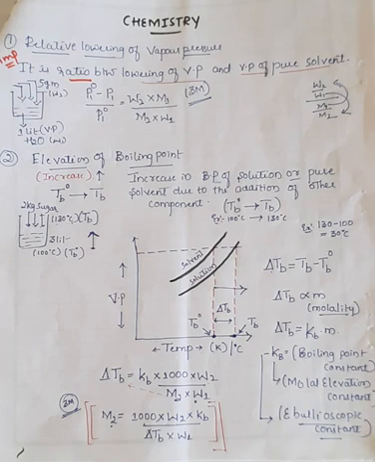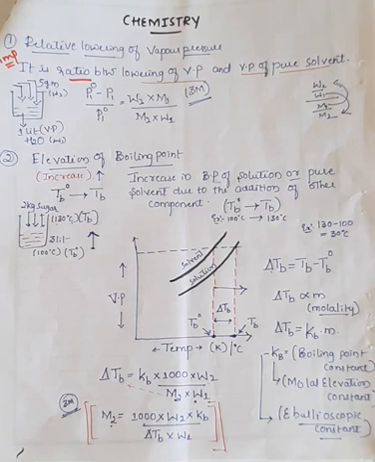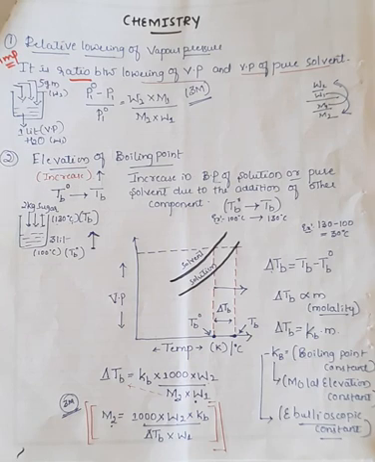The second important colligative property is elevation of boiling point. Observe here. Elevation means increase. Assume there is one container and I have taken 3 liters of water. You can take any value; here for the example, I have taken 3 liters of water. We know that water boils at 100 degrees Celsius. Everyone knows that. So if I add 2 kg of sugar to this, or suppose you add 5 kg, 3 kg, any kind of value, here 2 kg of sugar you have taken.